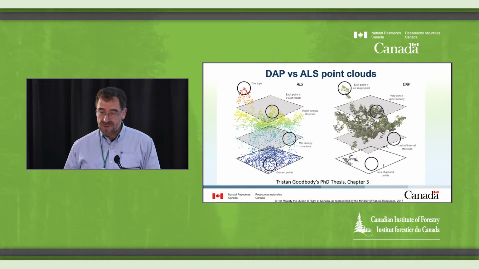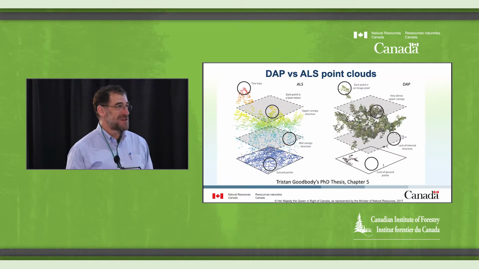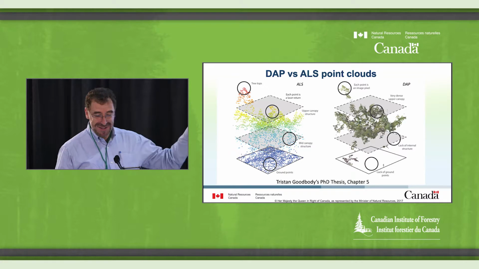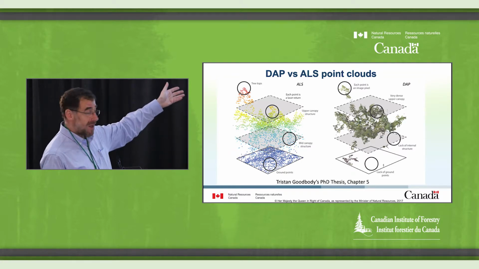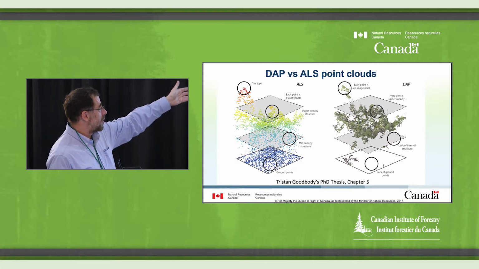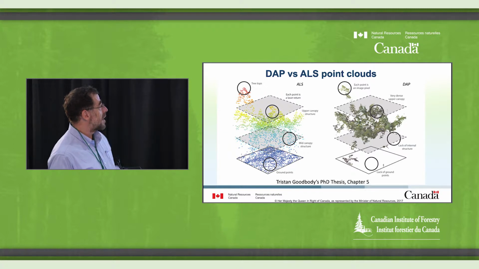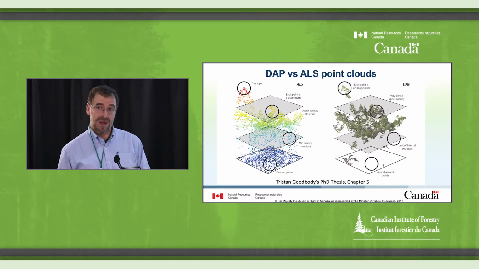This is a nice graph by Tristan Kupadi, who is going to be talking later today, comparing the two types of point clouds. Basically, the LiDAR point clouds have more penetration, so you are going to have way more ground points. The other ones are normally denser, and they have, as I said, color. So they have trade-offs. But of course, the photogrammetric ones are normally much cheaper than LiDAR.